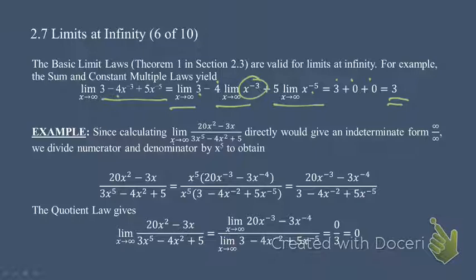So looking at this example here, this is similar to what I did in class, but remember I said I did it a little differently. If I were to do that similar thing, we saw that if it was a polynomial, we could just look at the leading coefficients. So we saw that this goes to infinity over infinity, which is an indeterminate form, so we got to do some kind of algebra. Okay, so if we divide out the highest term in our denominator,